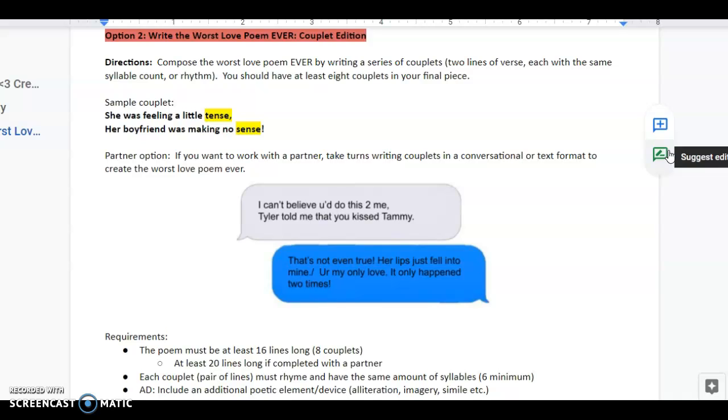Okay, so we're going to have the same syllable count in each couplet. And then the end words rhyme, or at least closely rhyme. Mine, times, maybe not perfect, but you get the idea. All right, so that has a little more structure. It can be a little harder, but you need a little bit of a challenge rather than just slapping down a free verse poem, because you've already done that once.